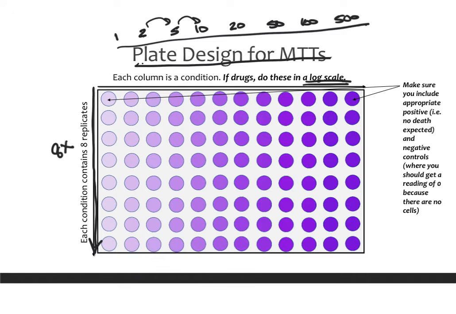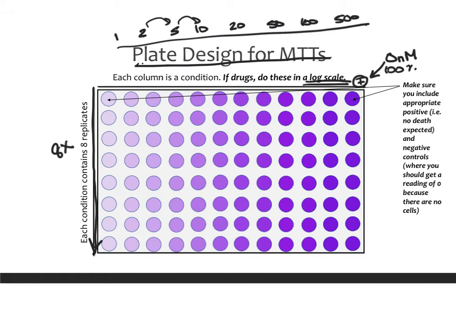You also want to be sure to include the appropriate positive and negative controls. And so your positive control in a drug situation would be that there is no drug. So 0 nanomolar of drug. Because in the presence of no drug, you would expect that your cells would grow totally normally and have 100%